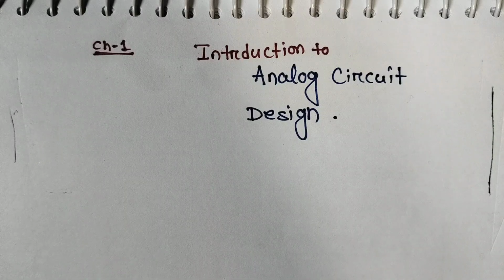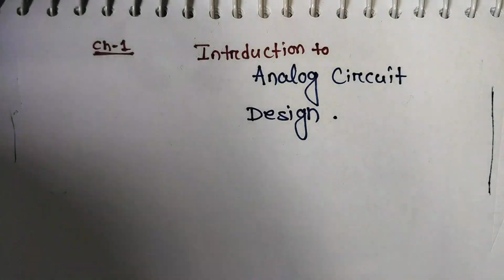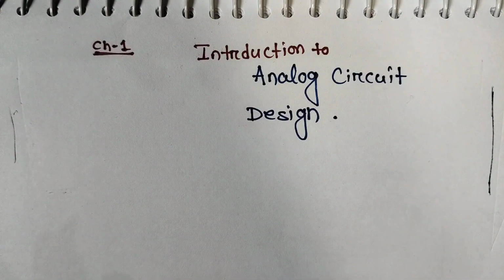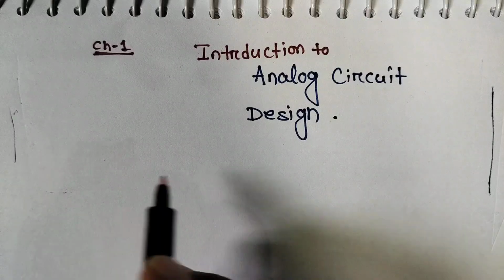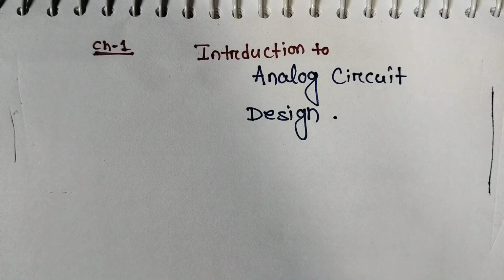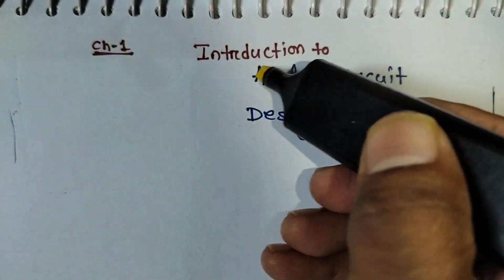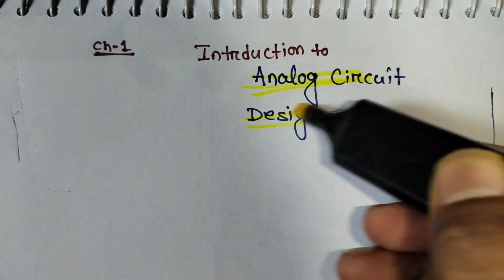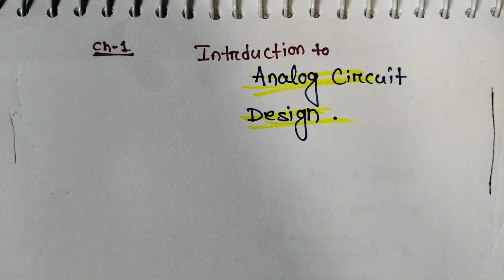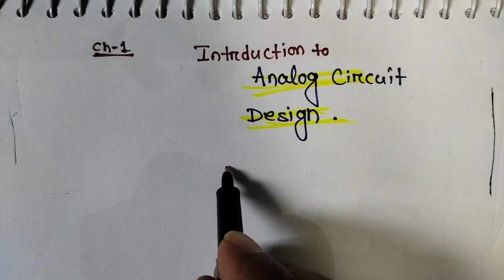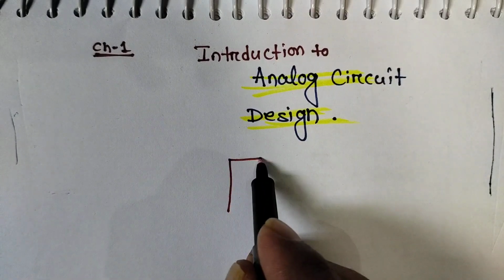First, we will know what exactly an analog circuit is, and what the basic difference is from digital. Every electronic system, suppose consider a mobile phone,